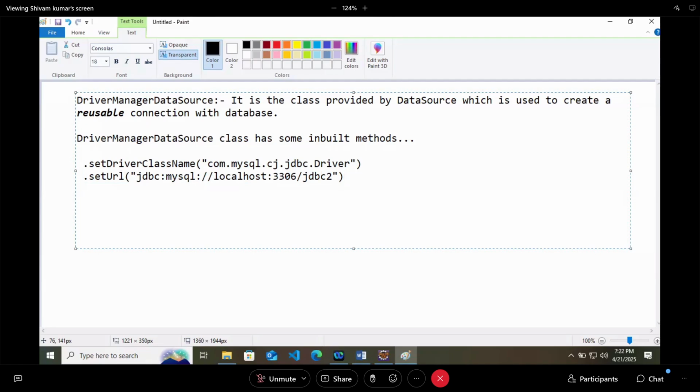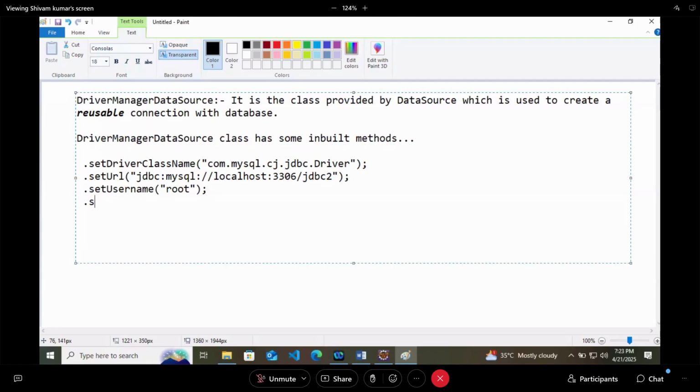It has one more method, setUsername, where you can provide your username as a string. Then add setPassword, and whatever your password is, you can set it.